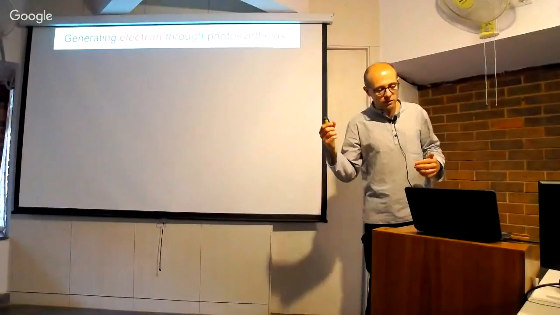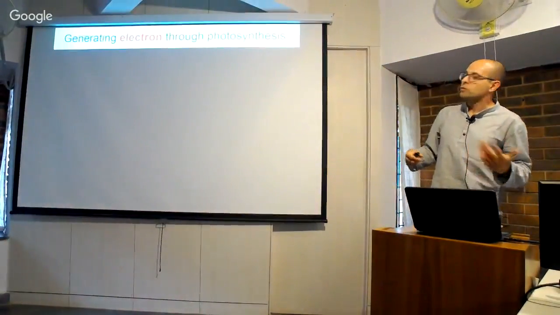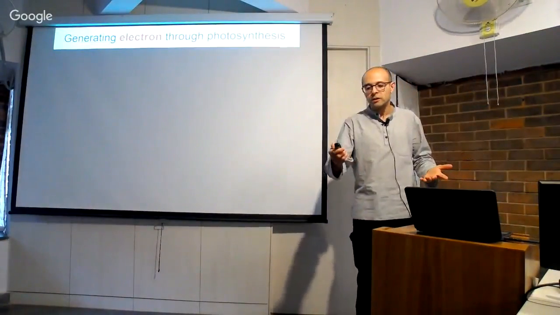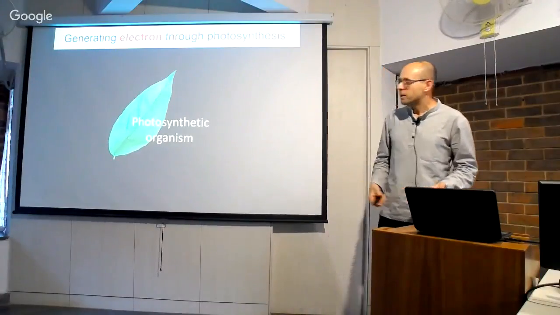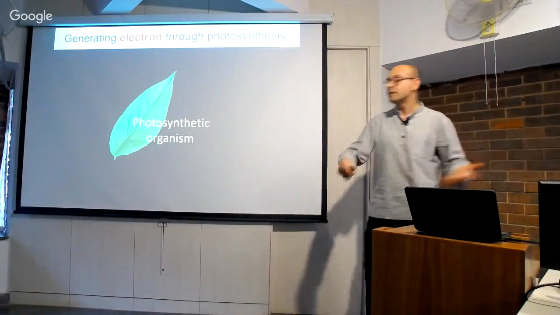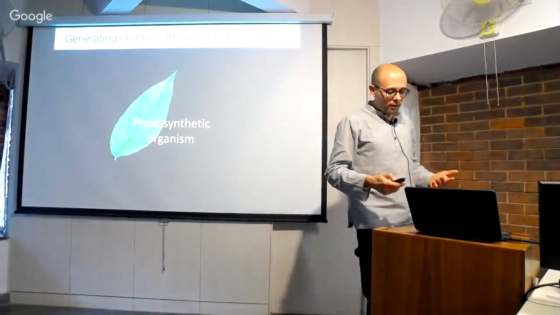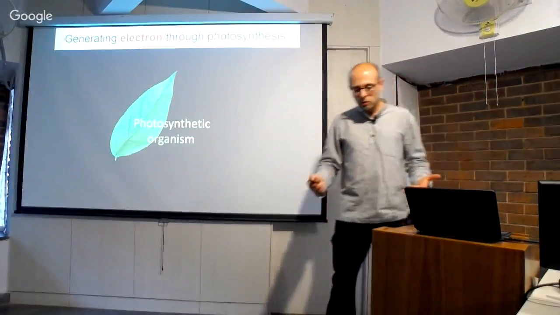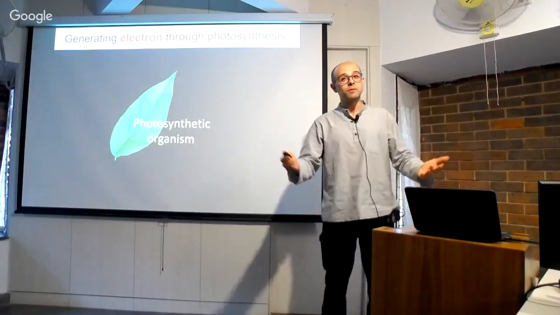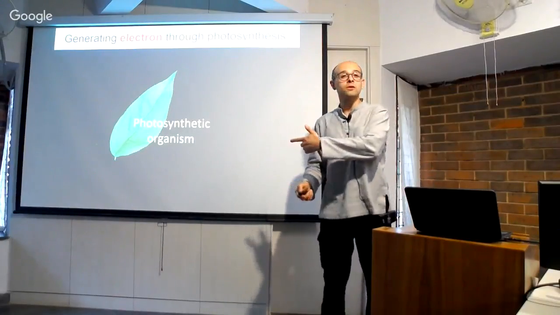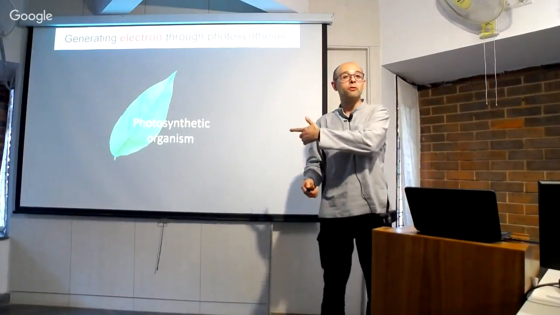To generate electrons through photosynthesis, first of all, you need a photosynthetic organism that is represented here by this nice and green leaf. Then you need a source of electrons. And a very good source of electrons for any photosynthetic organism